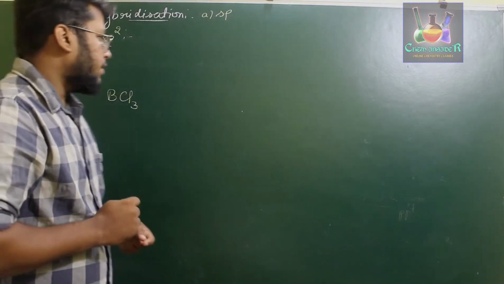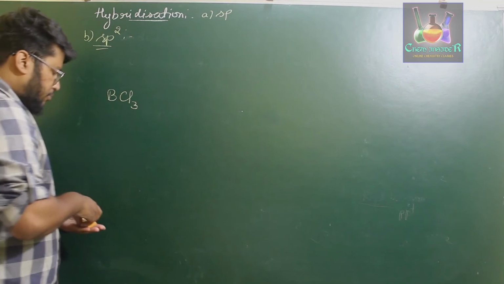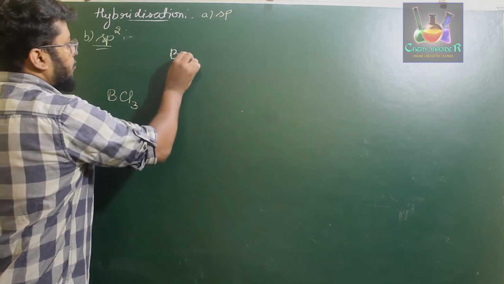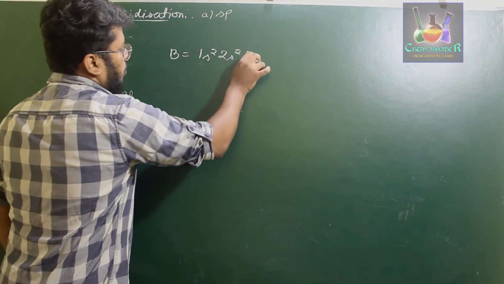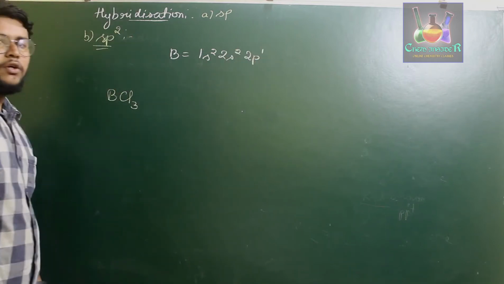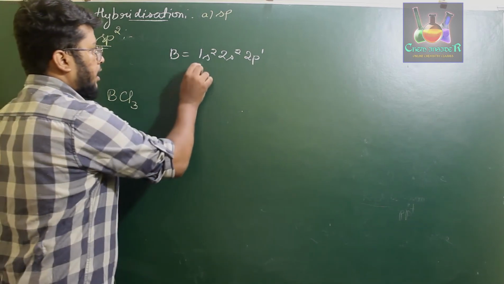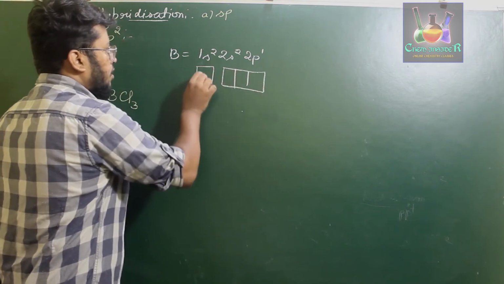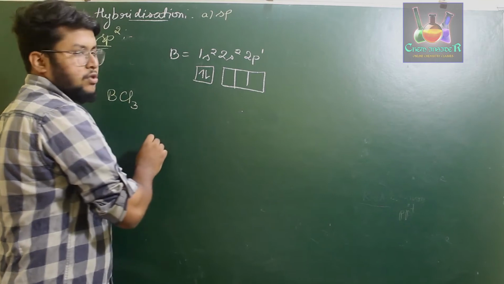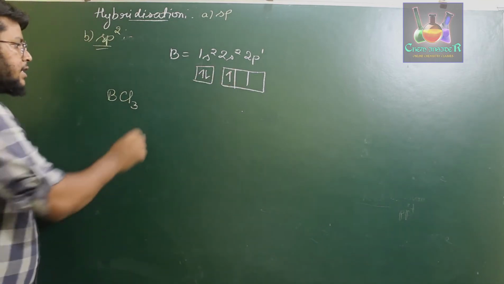Now for that particular case, if we consider the boron trichloride molecule, we have boron with electronic configuration 1s2, 2s2, 2p1. The electronic configuration of boron in the ground state is 1s2, 2s2, 2p1. If you write its orbital diagram of the valence shell, 2 electrons will be present in the 2s orbital and 1 electron will be present in the 2p orbital. In the excited state,